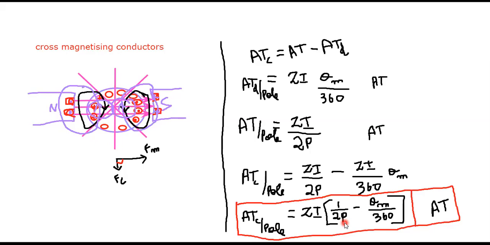So in this section, we discussed the derivation, how the derivation has been obtained for the ampere turns with respect to the effect of demagnetization and cross magnetization conductors. In the next section, we will deal with the corresponding problems of demagnetization and cross magnetization effect, right? If there is any doubt, you can unmute yourself and ask questions here.